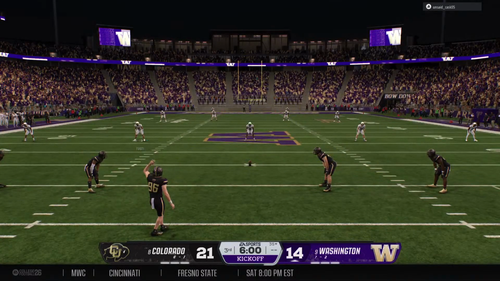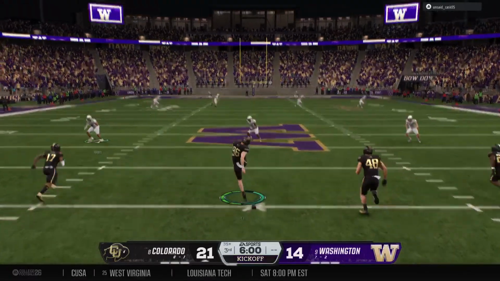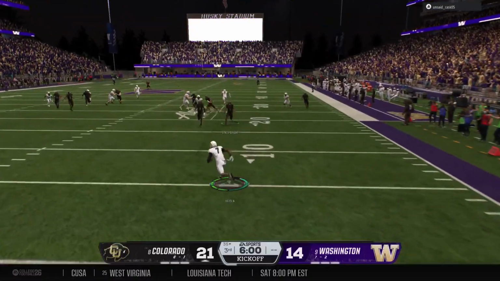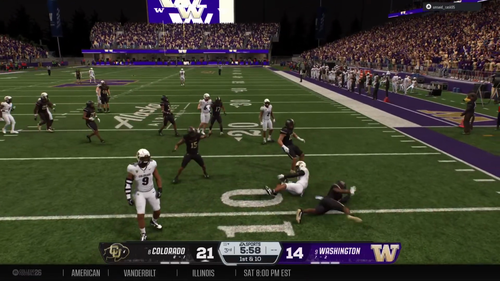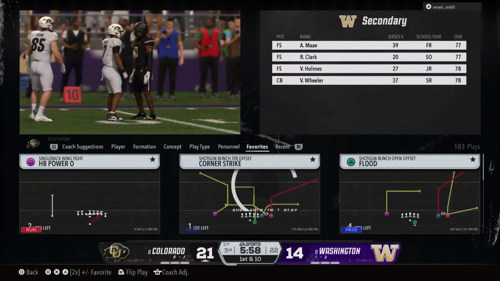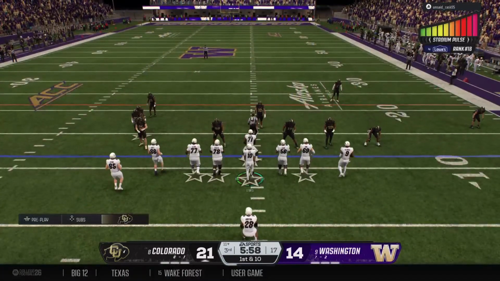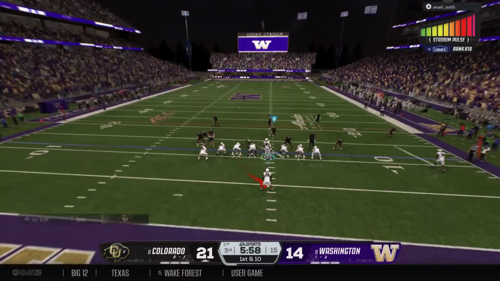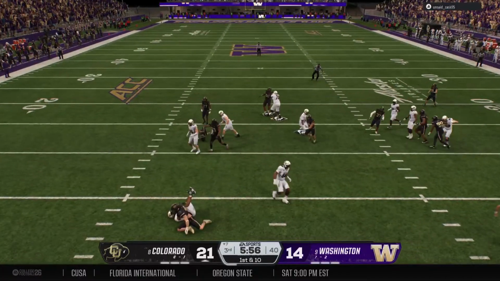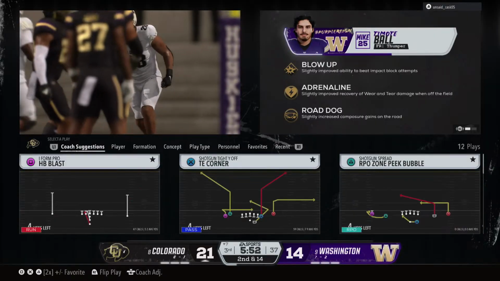Washington about to boot it deep to start things in the second half. On the move from inside his 5. And they'll get him on the ground as the offense comes out to start the next drive. Opening play of this drive comes from the 11. Going to the run to start this second half. And he never had a chance. Just stopped cold as soon as he got it.